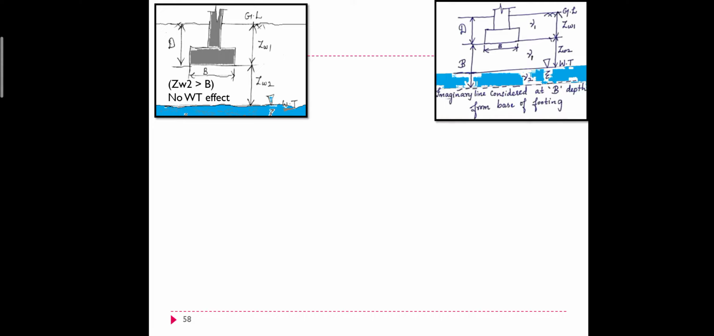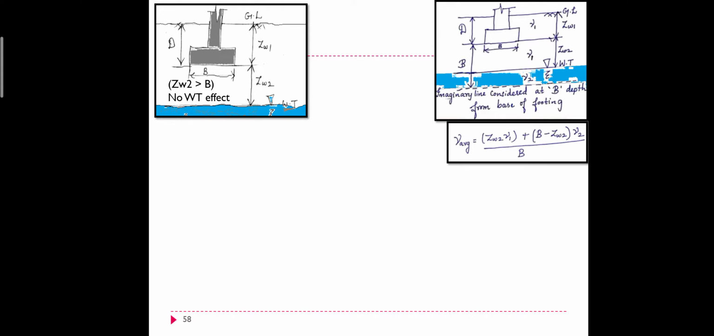If ZW2 is less than the width of the footing, then you should consider it as the second case. Water table is considered. Effect of water table is considered. So now you have to find RW1, RW2 and solve the problem. First, if ZW2 is greater than B, no effect of water table is there. ZW2 is less than B, then we have to consider the water table. When you are considering water table,